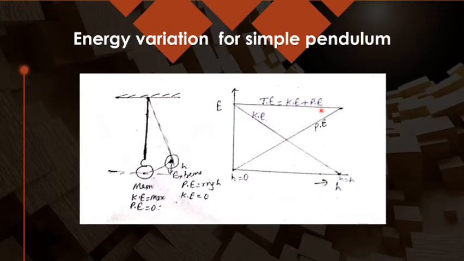Total energy, that is total mechanical energy, remains conserved. So at h equal to 0, kinetic energy is maximum, and at h equal to h, kinetic energy is 0. You can show the graph for the other extreme also, but this was just to give you the comparison of the spring and the pendulum, because here we are taking a thread which is inextensible, inelastic, but a spring is elastic. So there you have to talk about the elastic potential energy, and here you will be talking only in reference to the height.